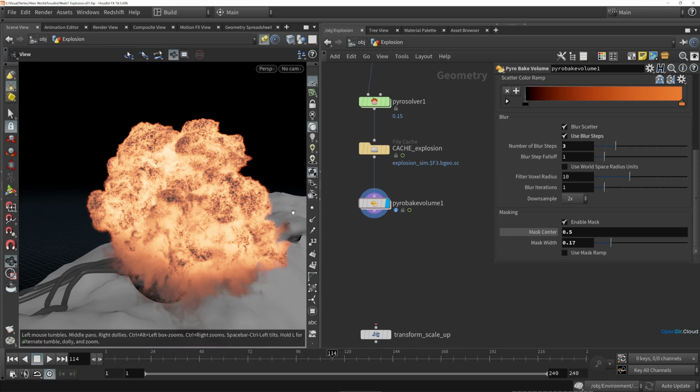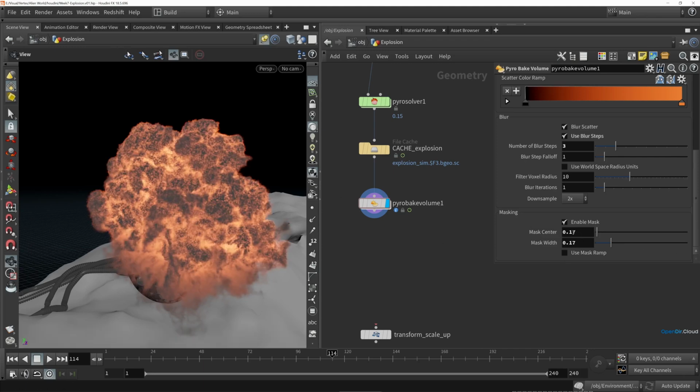pushing this affected range inside that density volume a bit too much, and we really want to focus this a bit more on the surface of the explosion. In this case, it looks like a value of 0.17 for both the center and the width is working pretty well. You don't have to get this absolutely perfect in the viewport because you'll likely want to tweak this as